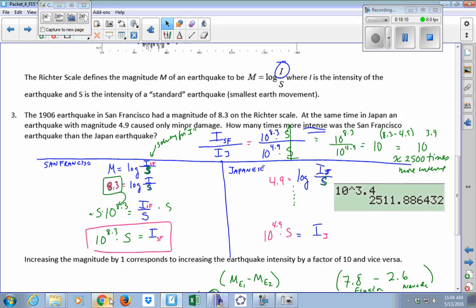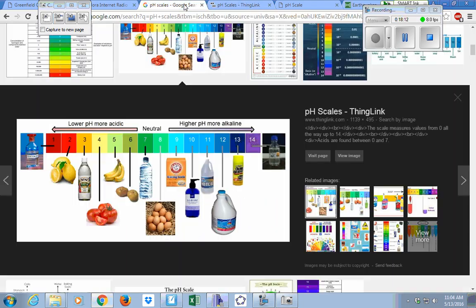The other thing I wanted to show you, for those of you who may not be aware of pH scales, is that pure water has a neutral pH of 7. Most of the water you find on planet Earth now is acidic. Maybe you've heard of acid rain. Anything with a pH between 1 and 7 is acidic. Some of those things would be hydrochloric acid, lemons, vinegar, tomatoes, bananas, potatoes.